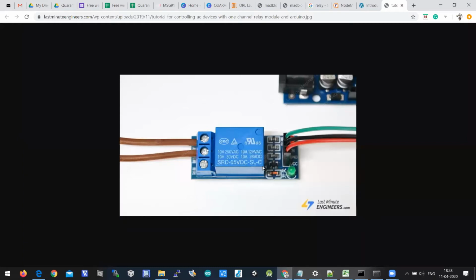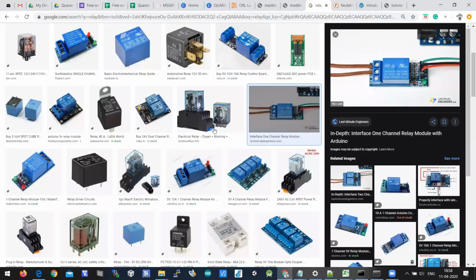And this is the relay which I'm using today. A simple relay, which is 10 amperes, 250 volts AC. It is a 5 volts relay, having 3 pins on the left and 3 terminals on the right. Let us look at the relay pinout.